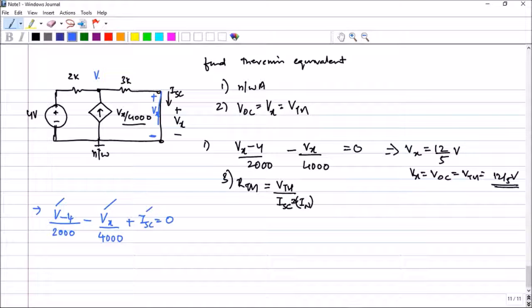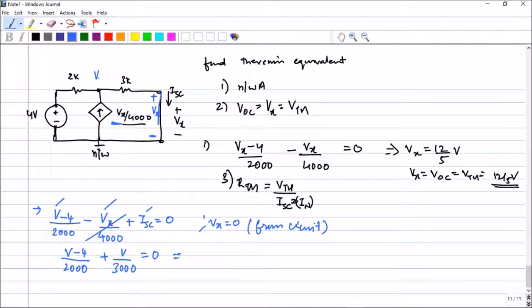Therefore in this particular case, when you short this thing, Vx is going to be equal to 0, and that will affect this dependent source here. So Vx is going to be equal to 0 from the circuit. Alright, in any circuit you will get clues like this. So if I substitute that here, (V minus 4) by 2000, Vx is going to go away, plus what is the ISC value? It is V divided by 3000, that will be equal to 0. Okay, that means in this case the value of V will be equal to